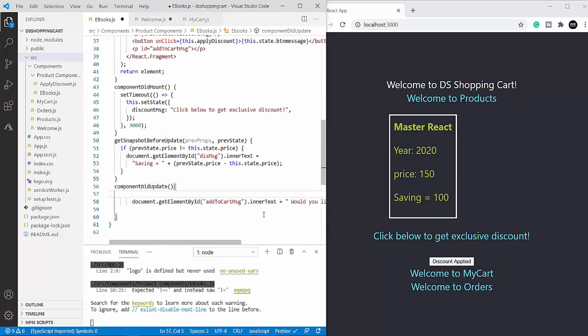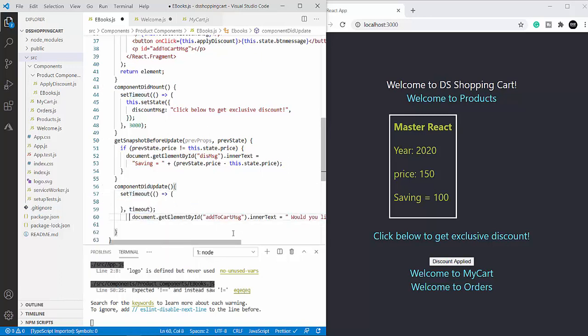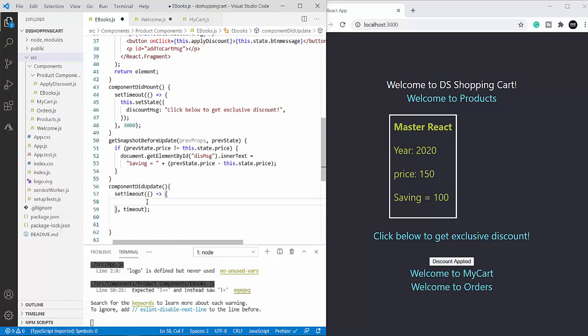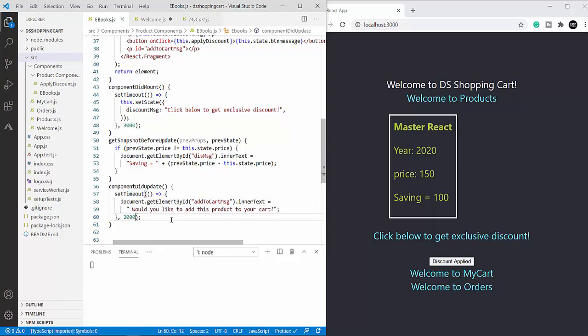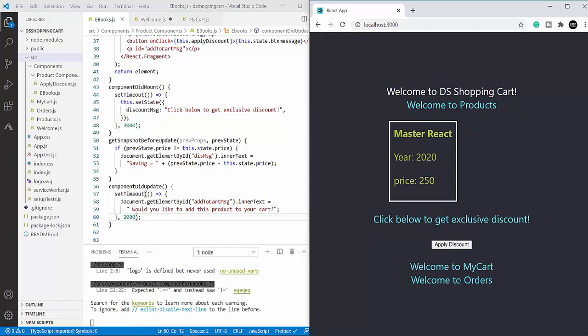And this I'm going to keep in a setTimeout inside this, and this time I'm going to give 2000, after my mounting phase gets done.